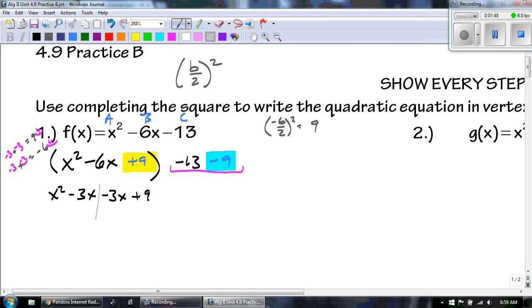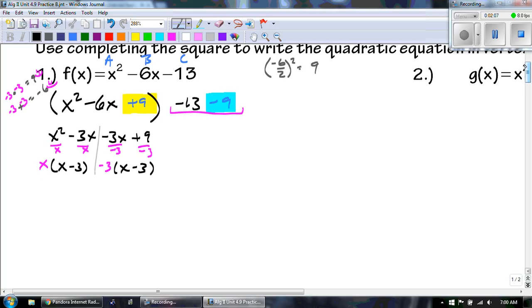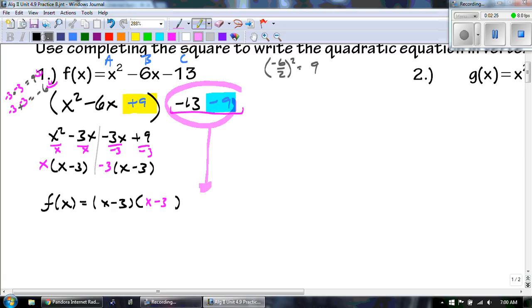I'm still factoring this. Okay, and then we need to factor out the x, factor out the negative 3. So I have an x, and I took out a negative 3. And then when I'm done factoring, we get x minus 3 and x minus 3. So as we start to rewrite this, f of x equals x minus 3 squared. The whole reason I want to factor is that when we factor, we want those two to be the same. Okay, and then negative 13 minus 9 is